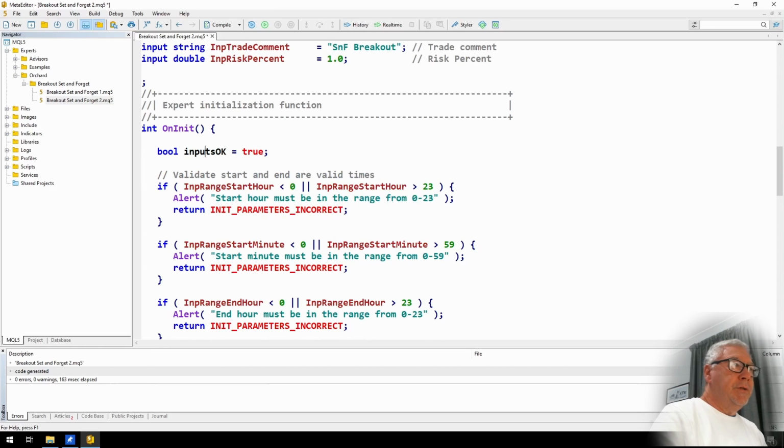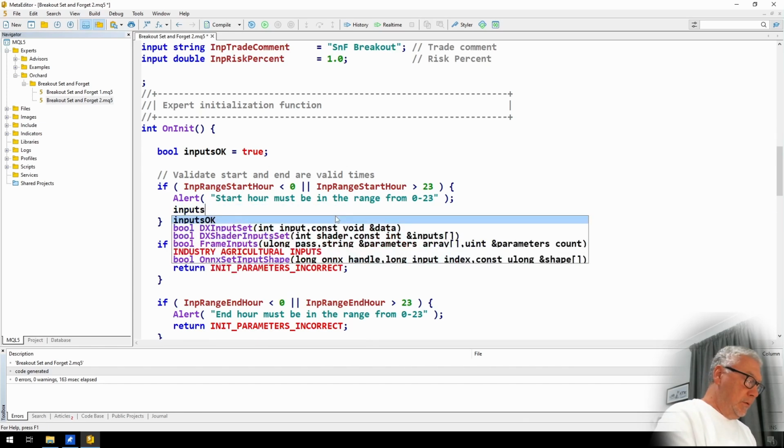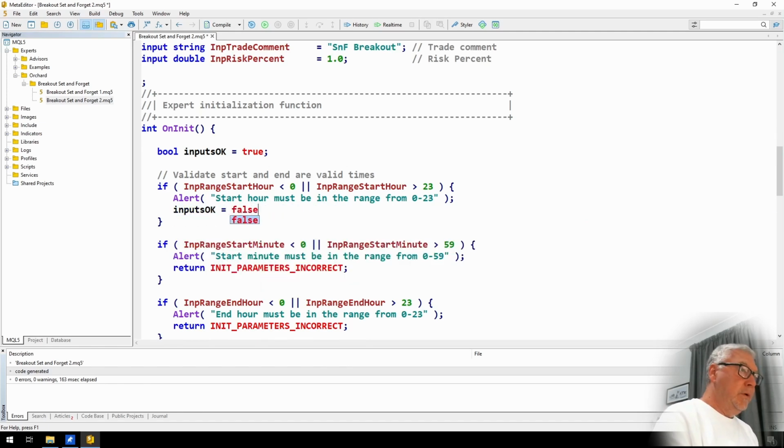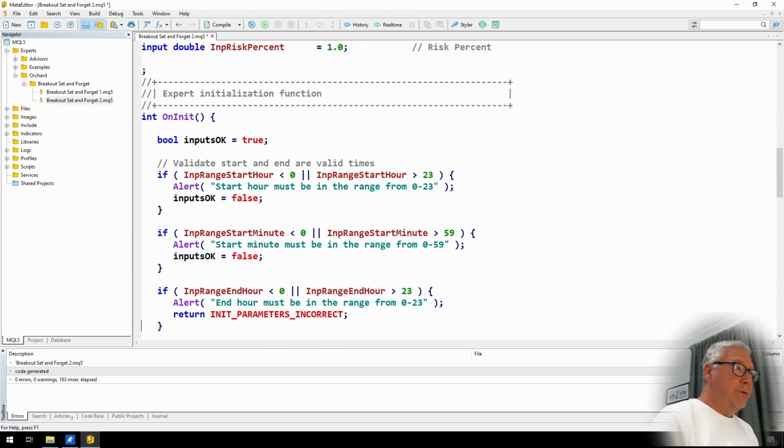So I'm going to use this to detect if there's an error in any of the inputs, or to record if there's an error in any of the inputs. And then instead of this return init parameters incorrect, I'm simply going to say inputs OK equals false. And now if I put that instead of the return statement,